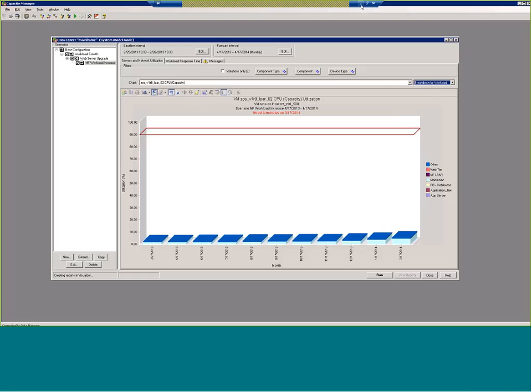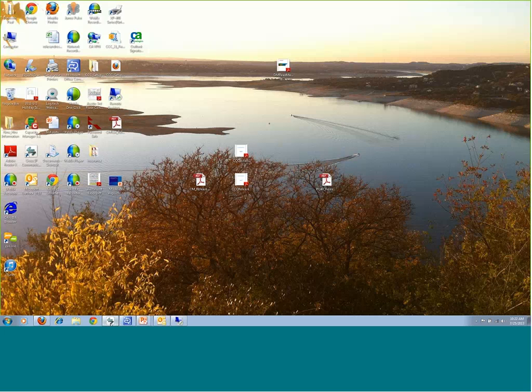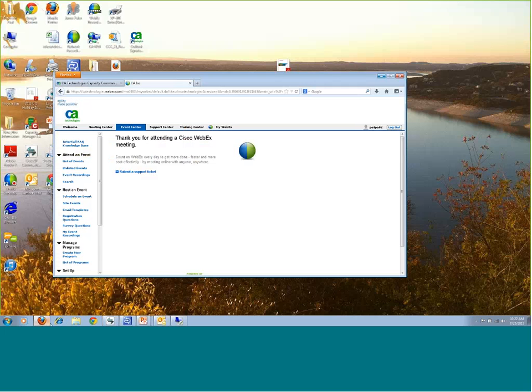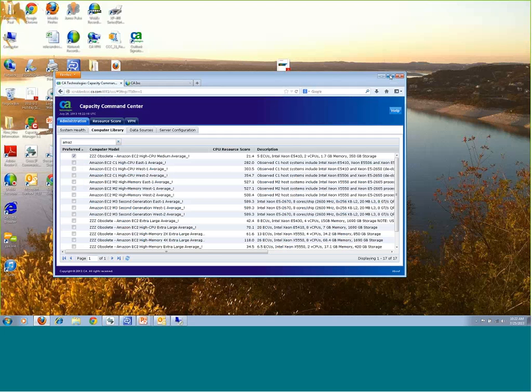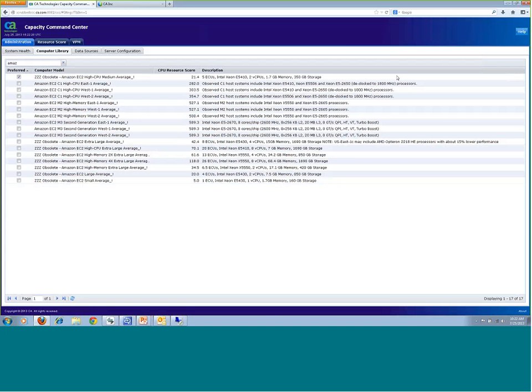So with that, I'll skip off the Capacity Manager stuff, and we'll look at what the new public cloud stuff and the project content looks like within CCC and VPM. So to start with, in the CML, if you've looked in there before, you'll recognize that there were a few things already available. And to be candid, they actually slipped into the product